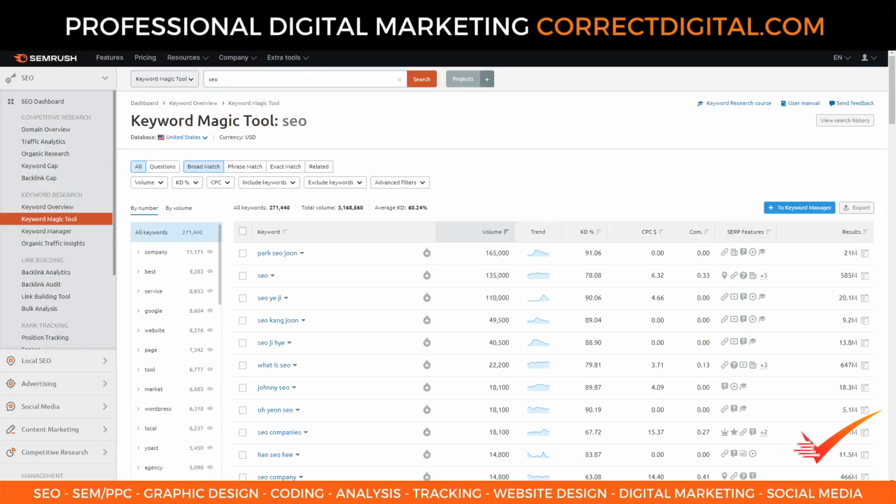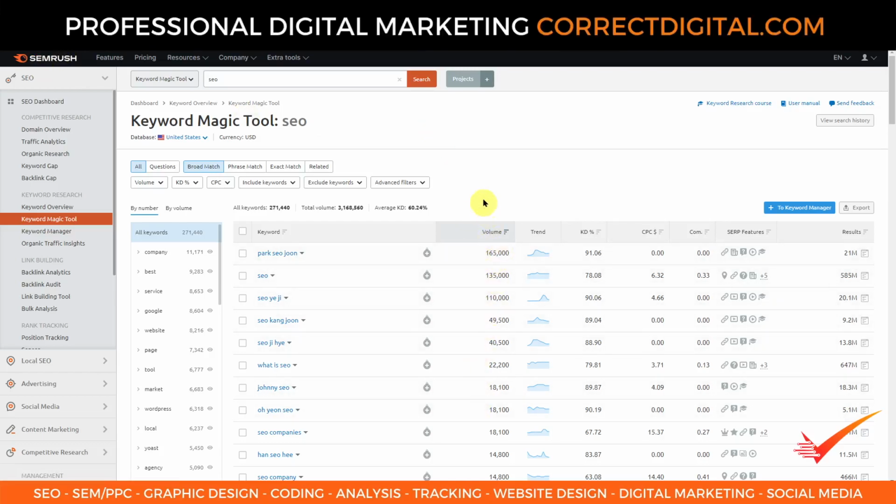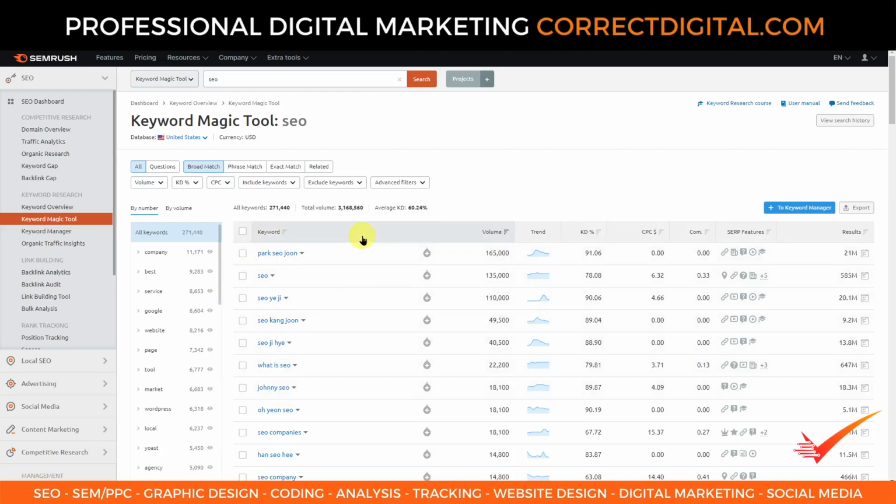So the first tool I'm going to look at is SEMrush, and I've actually already plugged in SEO here. This is the keyword magic tool in SEMrush. I like SEMrush for keyword research because they give you a lot of data as far as the volume. There are some drawbacks, as you will see. So right away we see a bunch of South Korean celebrity names, but the good thing about SEMrush is we can exclude those. So let's exclude